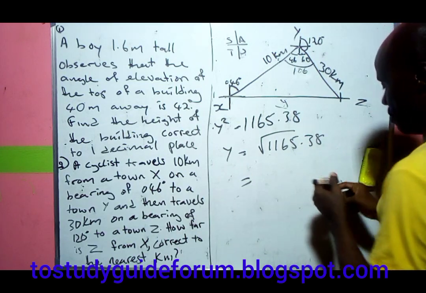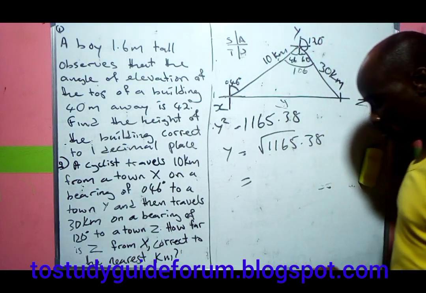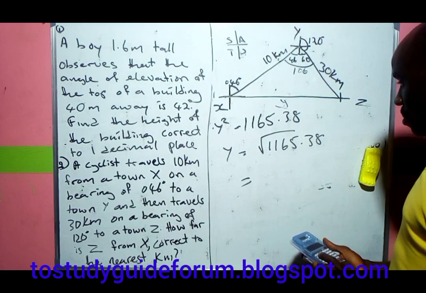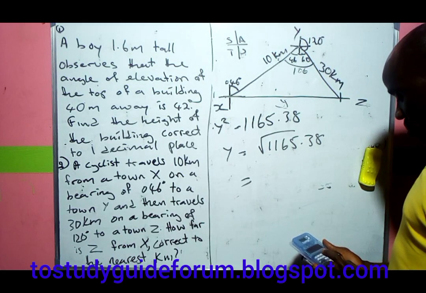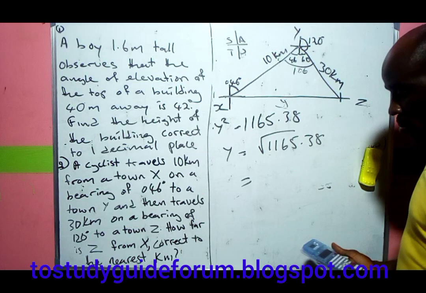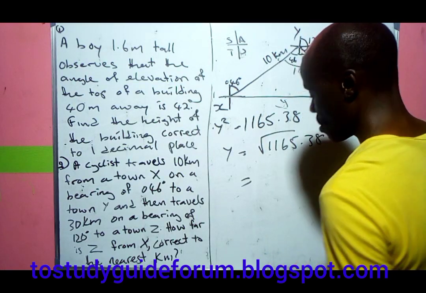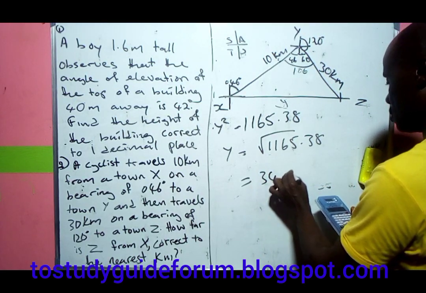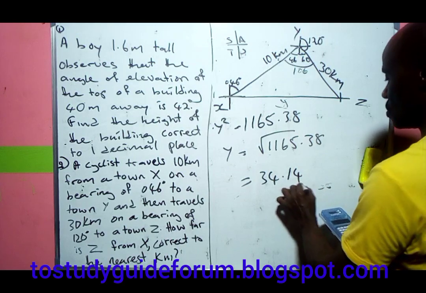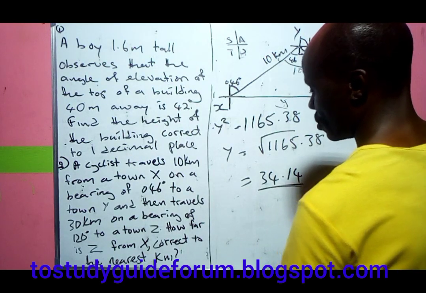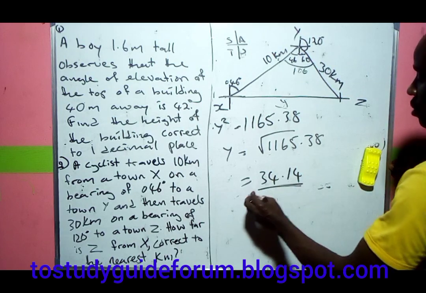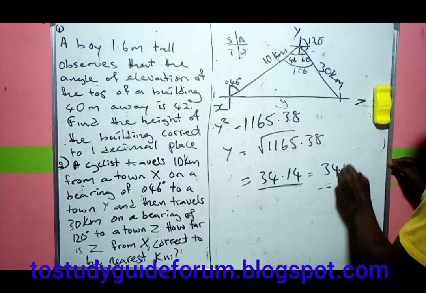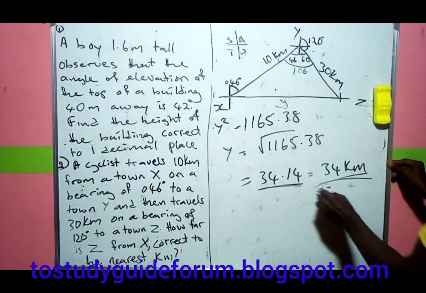So our y will then be 38 points. So the question says we make it to the nearest kilometer. To the nearest kilometer, what we have will then be equal to